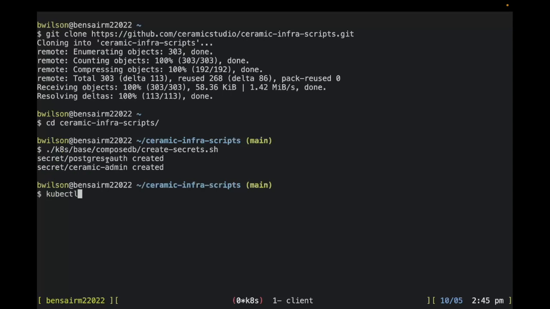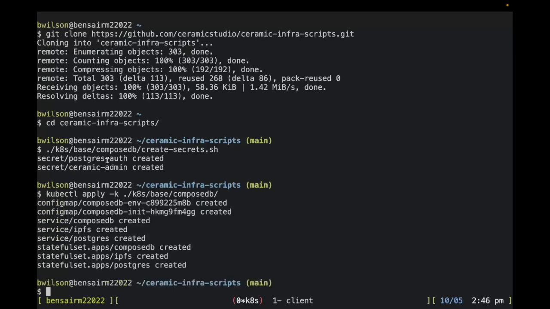So that is going to be a kubectl apply -k k8s/base/composedb. This will deploy all of the resources inside this composedb configuration. All right, so let's see what